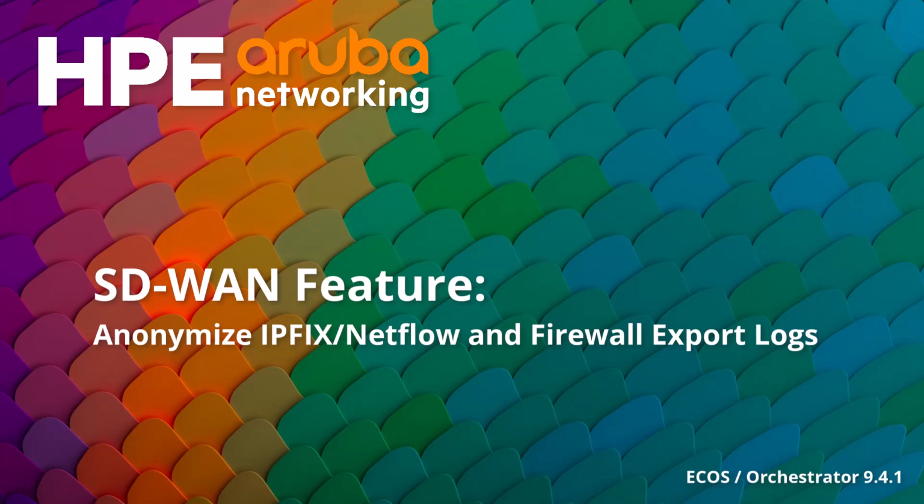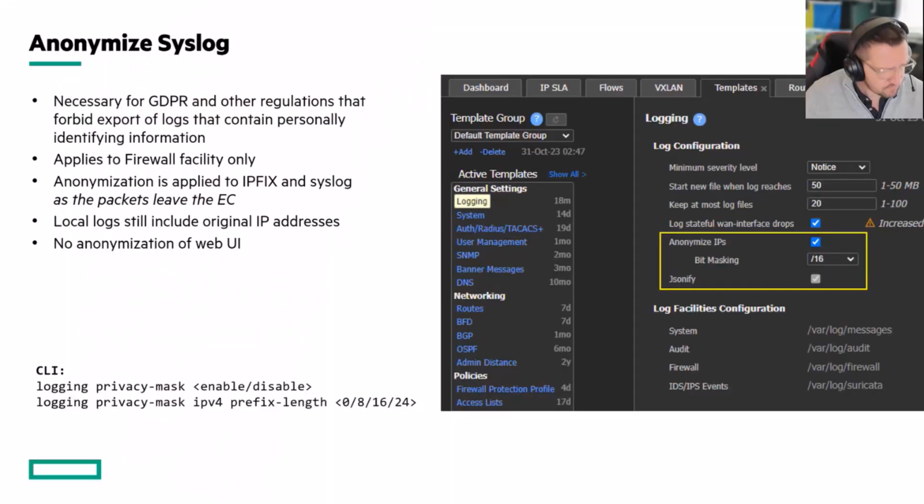We have added a feature in 9.4.1 to anonymize IPFIX, Netflow data, and firewall log output. So starting in 9.4.1, there are two new places in the UI that you can configure the system to change the way log exports function. In the syslog logging template, you'll notice that there's a new section here,